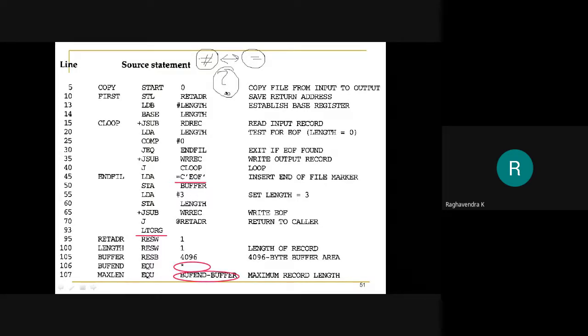Of course, the one major difference that we see is that every immediate operand is defined using hash and every literal is defined using the equal to symbol, correct? So what are the differences between this and this? But before going to that, let us check in our program what modifications we have done. Observe here, LDA EOF was there, but now I have defined it as a literal. So I don't have to make up a label for it, and the EOF definition was completely removed.